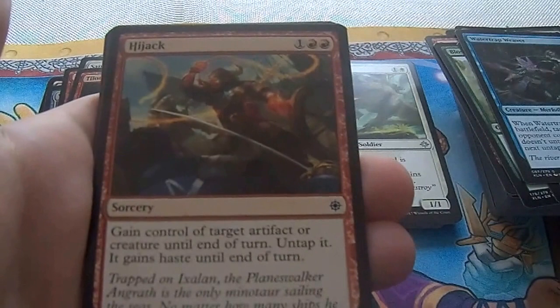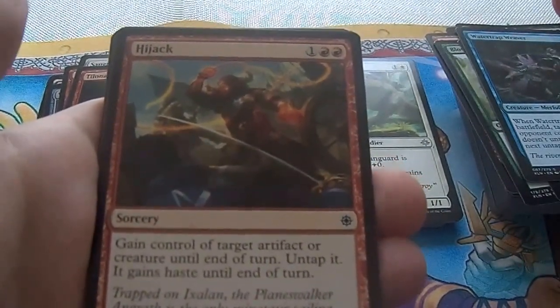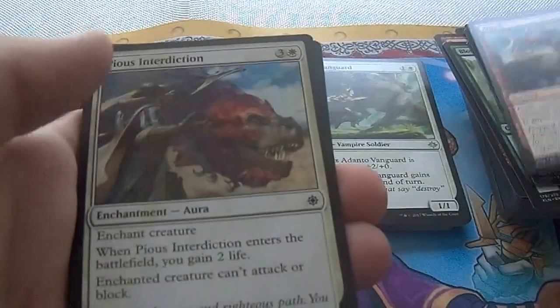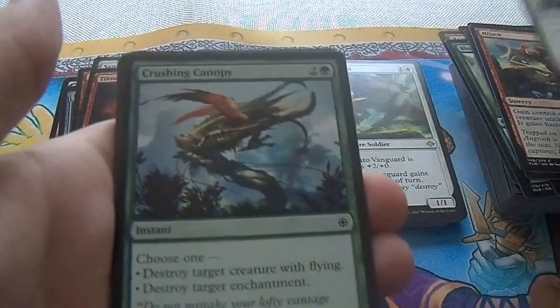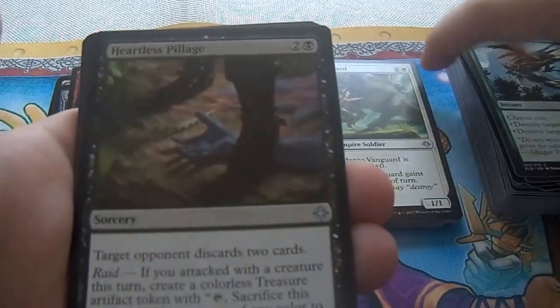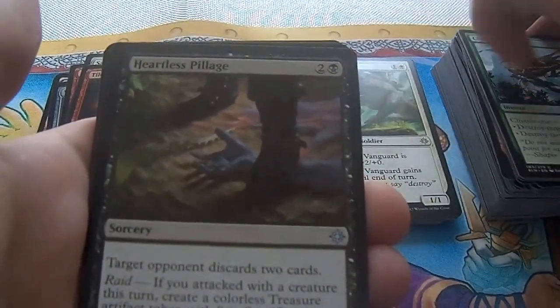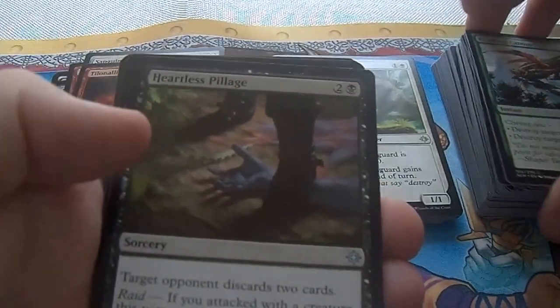Hijack. Gain control of target artifact or creature until end of turn. Untap it. It gains haste until end of turn. Ooh, nice. Pious Interdiction. Crushing Canopy. Heartless Pillage. Target opponent discards 2 cards. Raid. If you attacked with a creature this turn, create a...